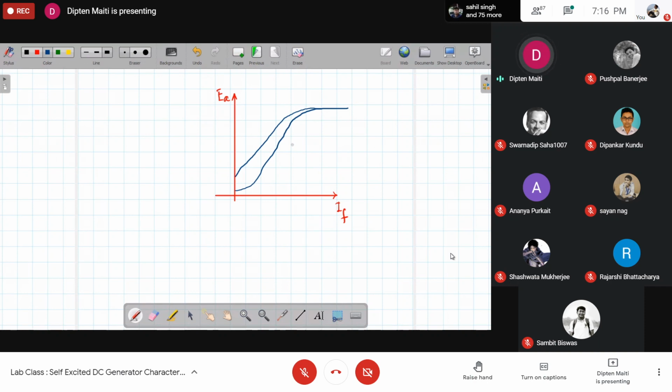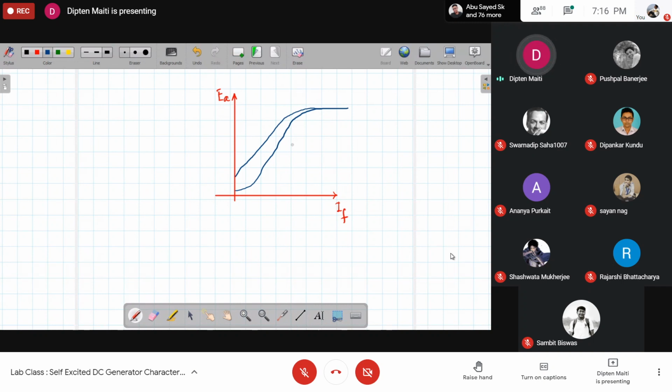Now, for this run, you have to take care that you should never retrace. Let's say we are increasing the field current in steps of, for example, 0.05. Let's say you are on 0.15, and now you need to increase that to 0.2. If by mistake you increase the field current to, let's say, 0.25, or 0.22 somehow,